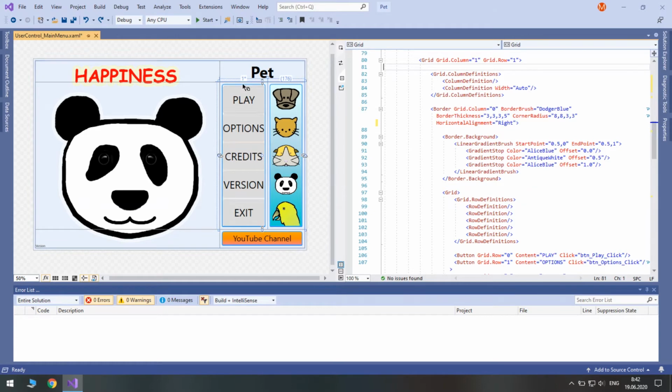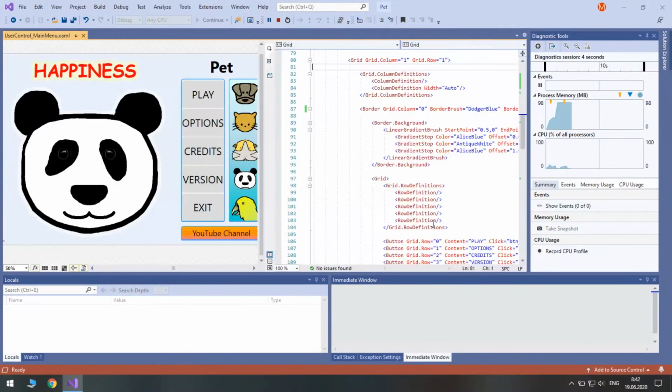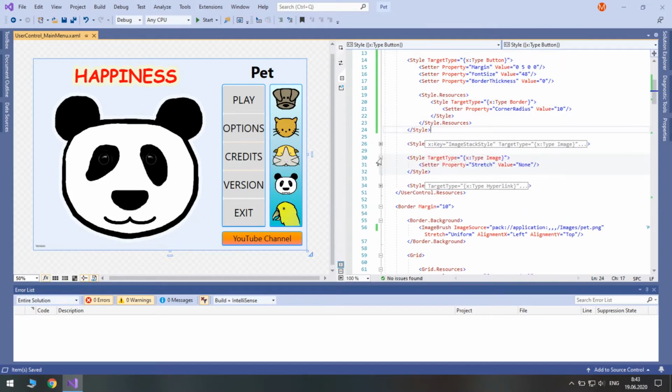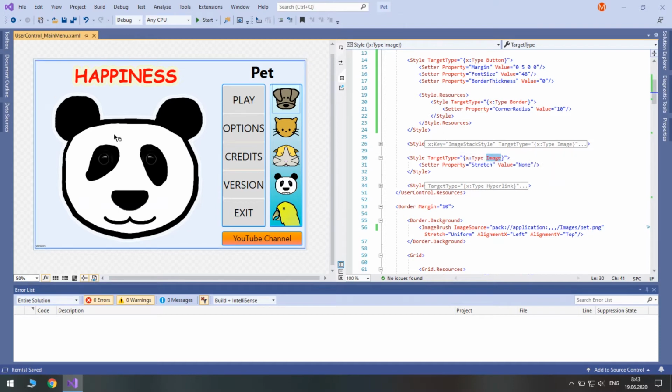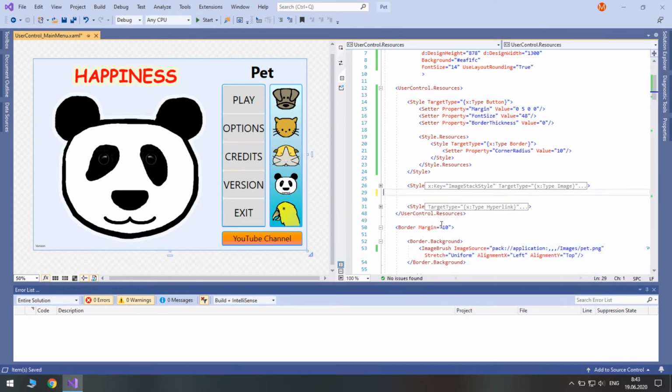And here you see our buttons should be square, and at the same time they should be with some corner radius. Yeah, good. Also, I have noticed that we aren't using the general style for images, because we are overriding the properties for this image and we use image stack style for these 5 images. So we don't really need the style for image.